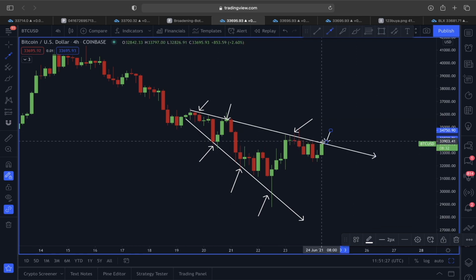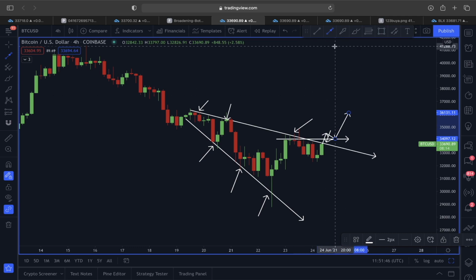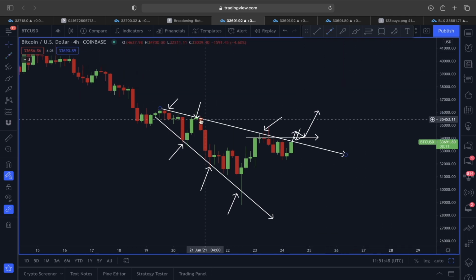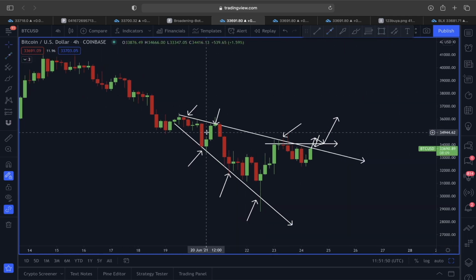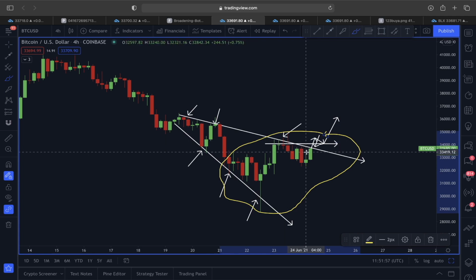So since the price of Bitcoin is approaching this upper line of the descending broadening wedge, you can see if we are going to break out of this line and also find support above this neckline area, which is around 34,000, the price of Bitcoin after that could see some very nice impulsive move that could bring us around the 35 to 36,000 price area, because inside this descending broadening wedge there is another scenario which is also pointing out that right now there is a very likely scenario to see some impulsive move playing out for Bitcoin.